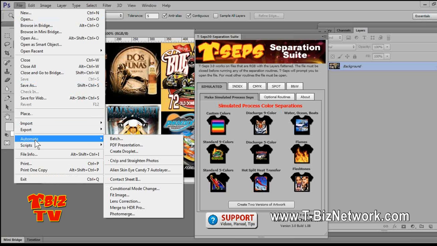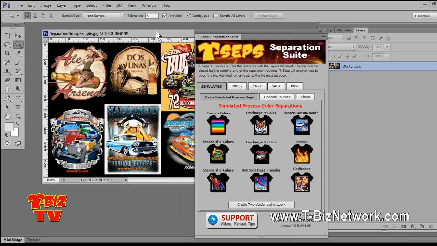down to Automate, you normally would see the plugins here. The plugins no longer reside here. They're actually here, but they're hidden as a security measure. So there'll be some things that will throw you off if you're a current user of the program. You will no longer find the plugins under the Automate menu, and you will not be working out of the Actions panel. By the way, T-Seps 3.0 Separation Suite loads an action in the Actions panel, but you don't work from it. So you may see your Actions panel actually be loaded with a new action, but we work from